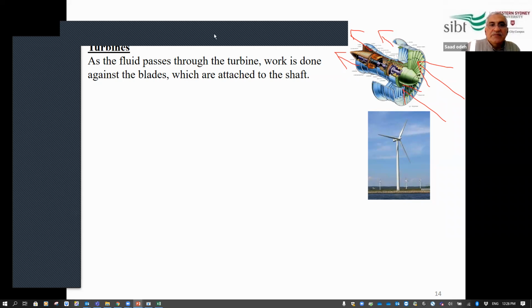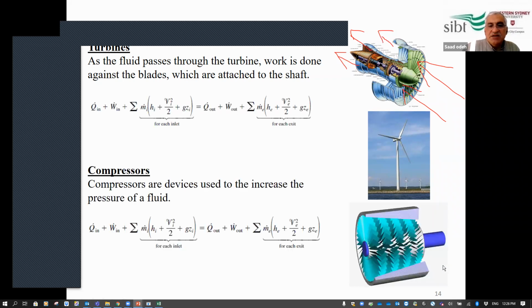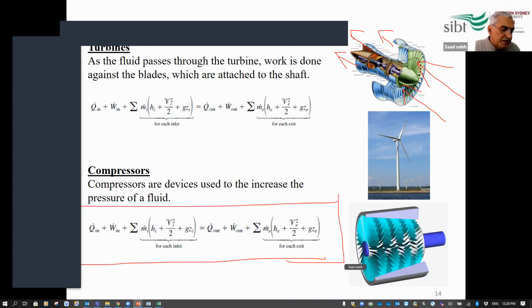What else here? As you can see here, there's a compressor. We said before, we compress air, we compress the gases, and this is another way to apply the energy equation. In the compressor, if I want to rotate the compressor like this, I need work, correct? So I need work, and therefore work inlet must be in